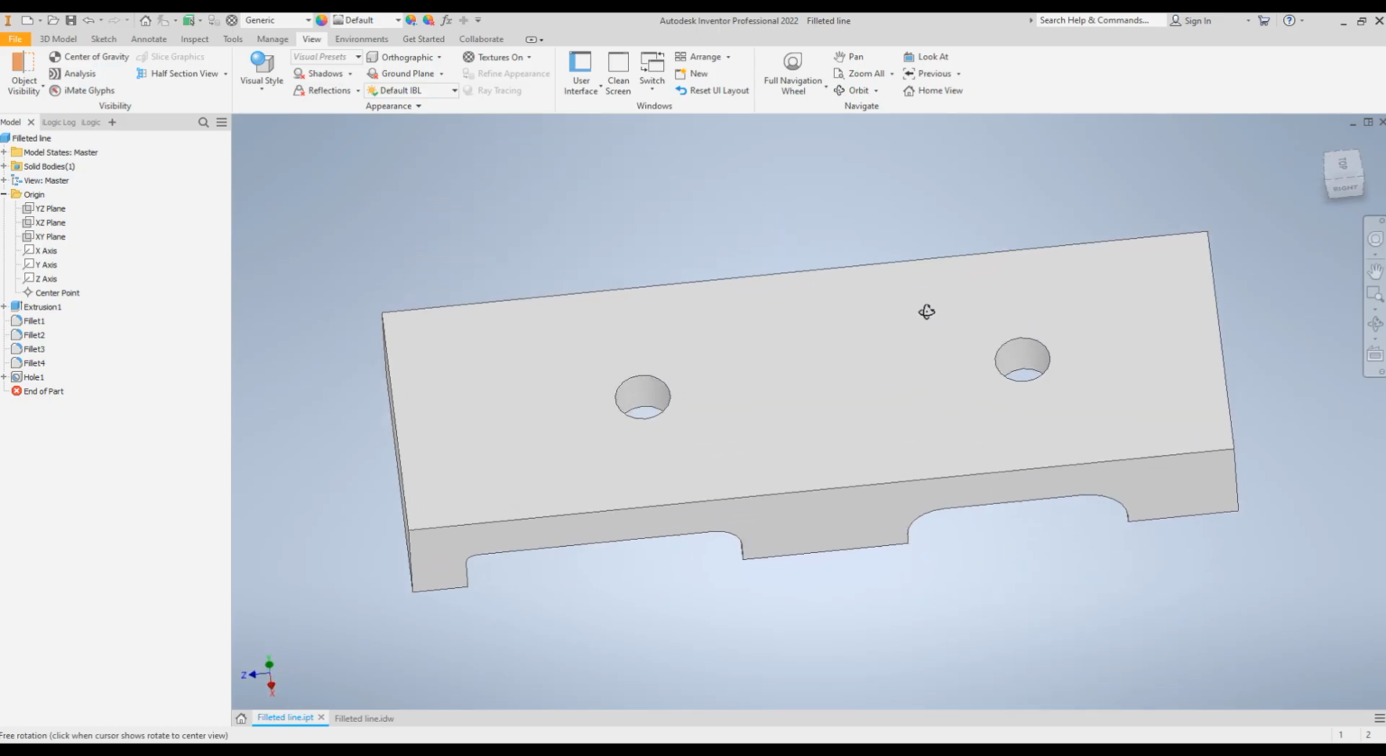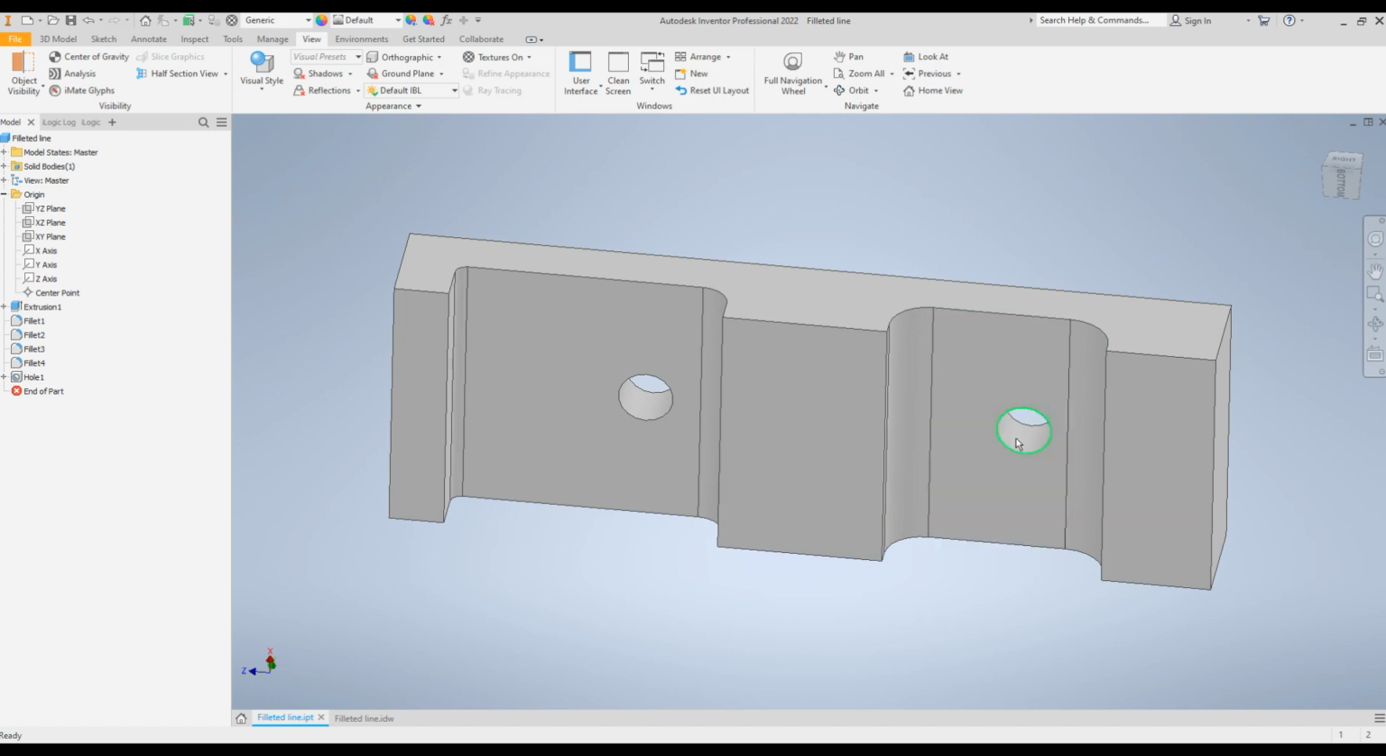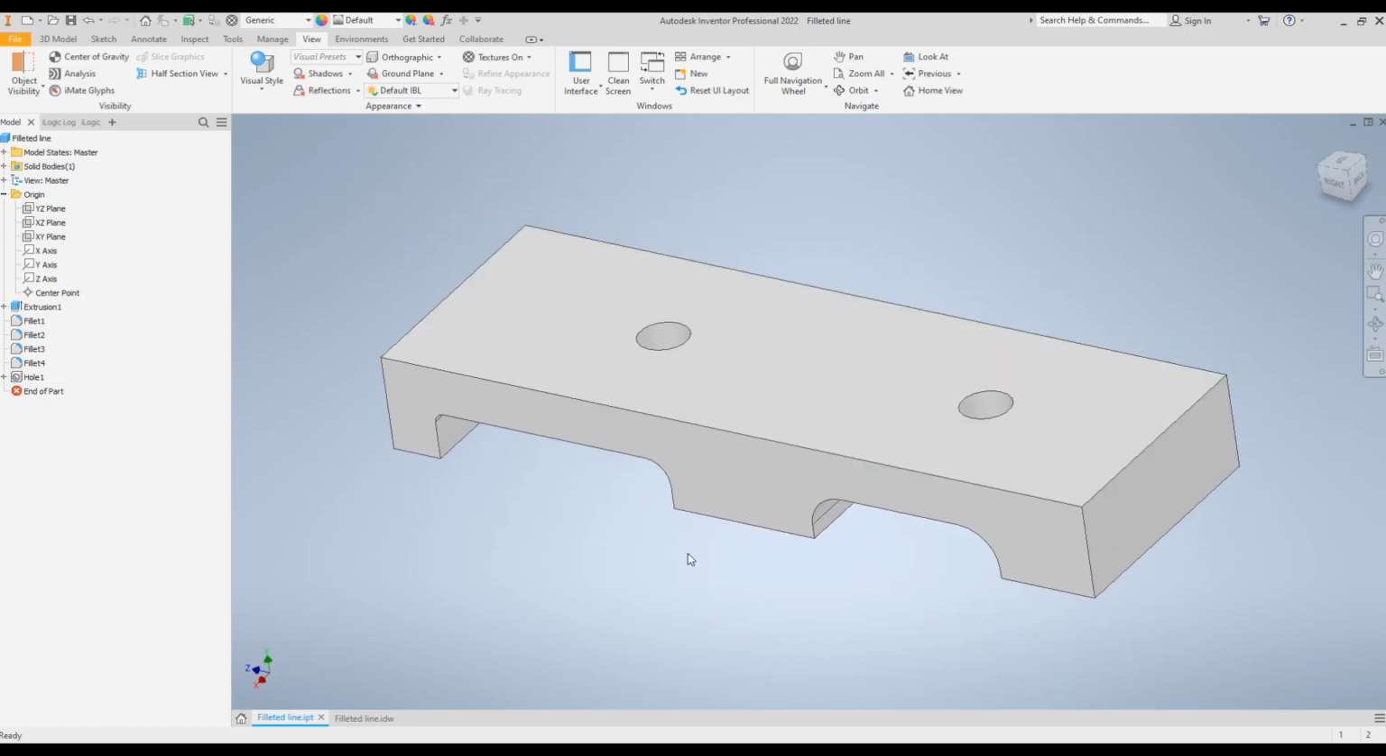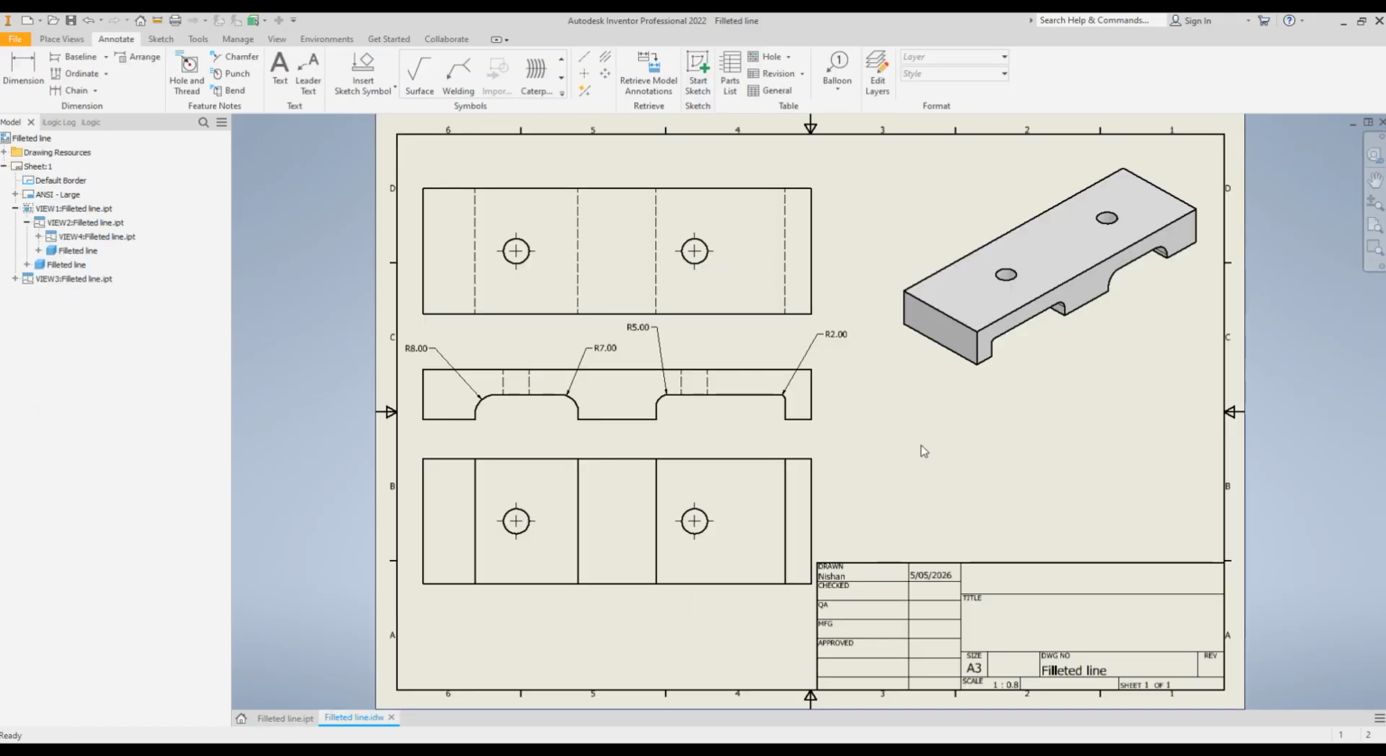There are situations where you have to face this type of scenario in day-to-day life when we do certain drawings. So let's see how we can do that. I have created a drawing file as well to make the video quick. So this is the drawing file and I want to add a dimension between the hole center and the filleted